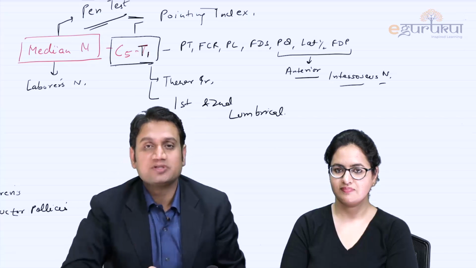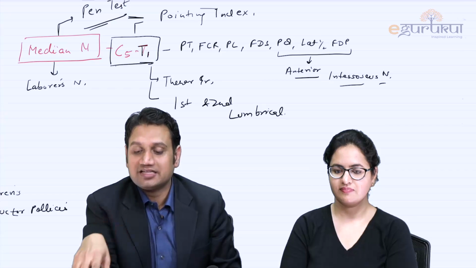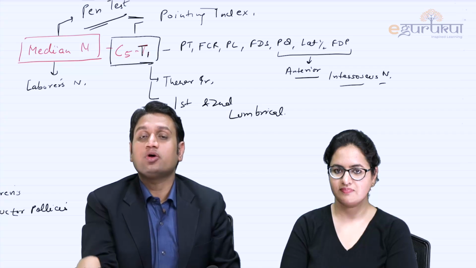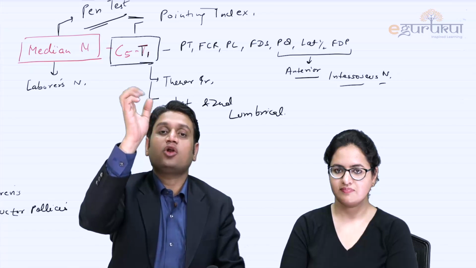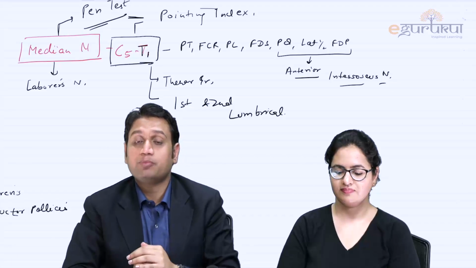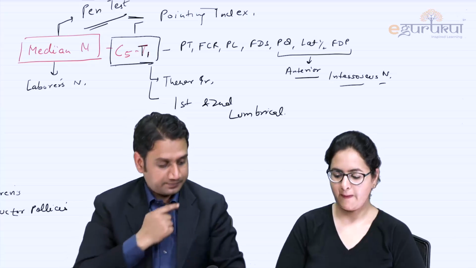Which has been an image-based question as well as a theoretical question in the last 2 years of your exams. Knuckle bender has been an image-based question last year, a theoretical question in the year 2017 All India exam, right? So knuckle bender splint, which is used for the claw hand, bends the knuckles to get the length for the fingers. These two are the important nerves, important signs, and the splintage which is given for them.